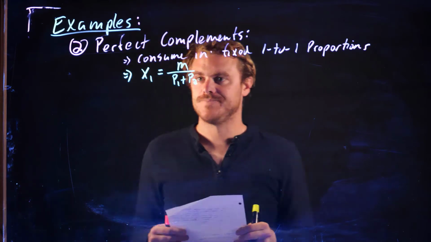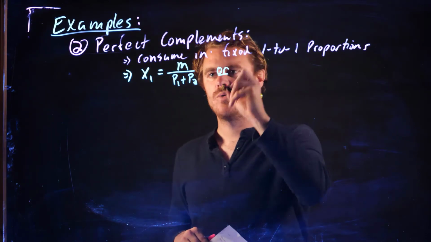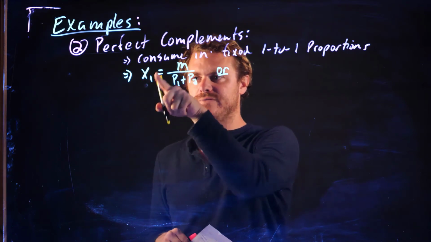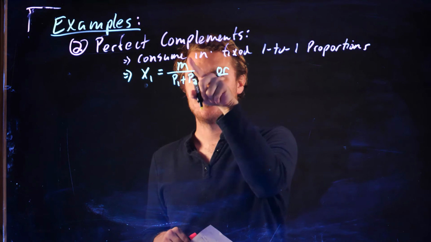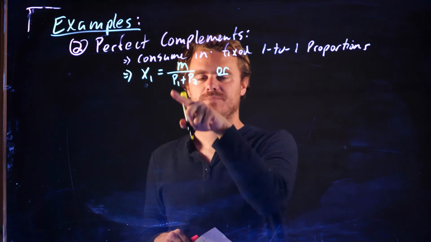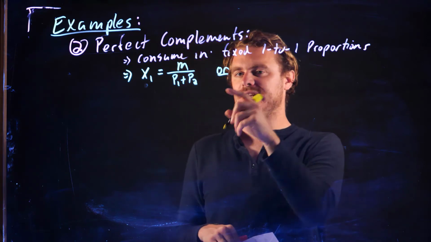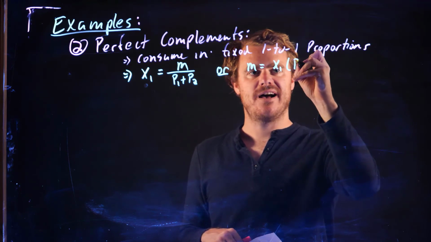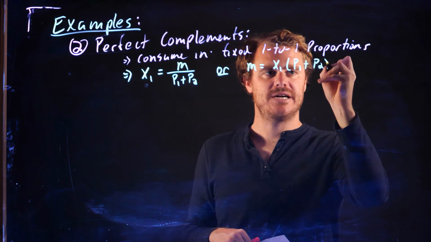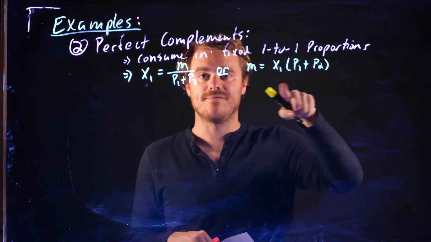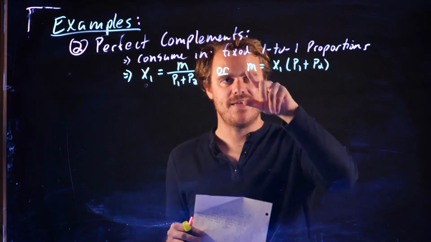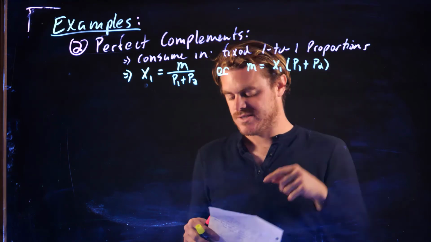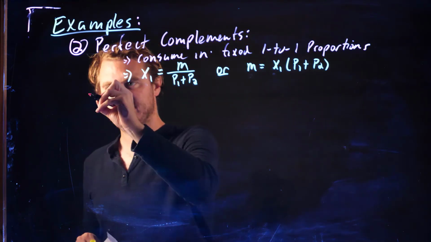And when we did that, we got the following demand function, which is from last chapter: x1, the amount of good 1, equals m, the total budget, divided by P1 plus P2. And again, we could rearrange this and say m equals x1 times (P1 plus P2). This will be useful when we're thinking about graphing out that Engel function. Thinking about this, m is the y variable, x1 is the x, and this will be the slope. So let's start off with the